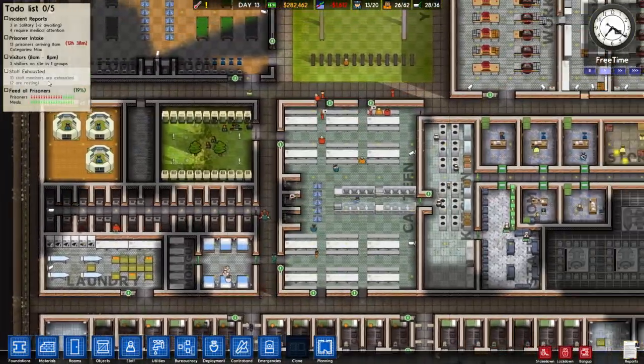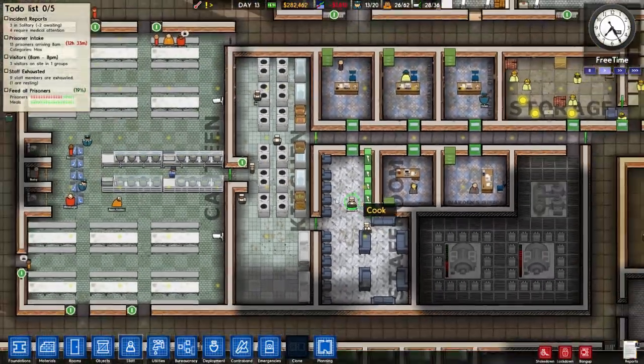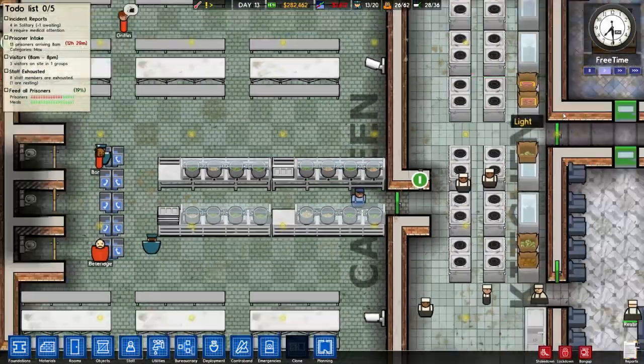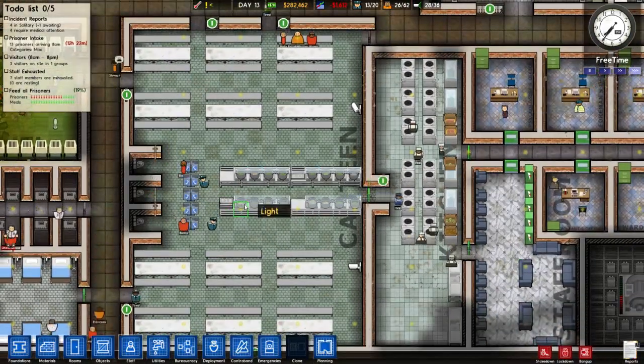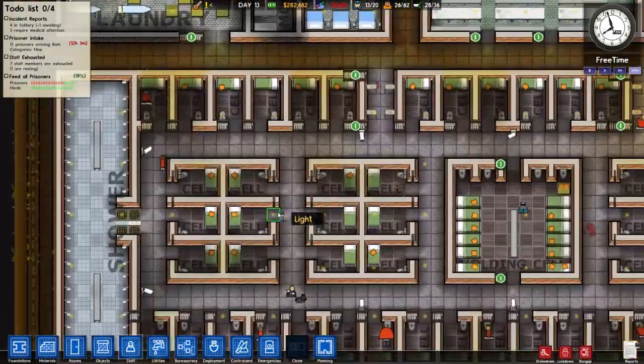10 staff members are exhausted, apparently. Wow. 10 staff members are exhausted. Interesting. Looks like we've got a lot of food here. Let me speed it up. And none of them are eating it because I don't think they need to. Right. What I might do then...